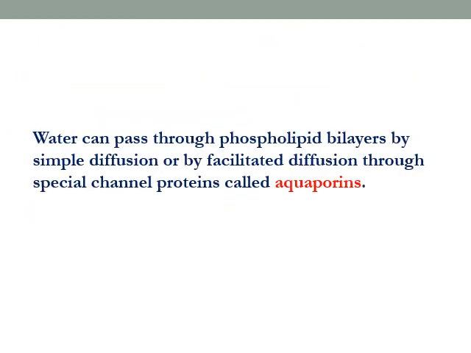Water can pass through the phospholipid bilayer by simple diffusion and can pass through the plasma membrane by facilitated diffusion through special channel proteins called aquaporins. إذا الماء ممكن أنه ينتقل بطريقتين، بطريقة السمبل diffusion عبر الفوسفوليبيد بايلاير للبلازما ممبرين، أو ممكن